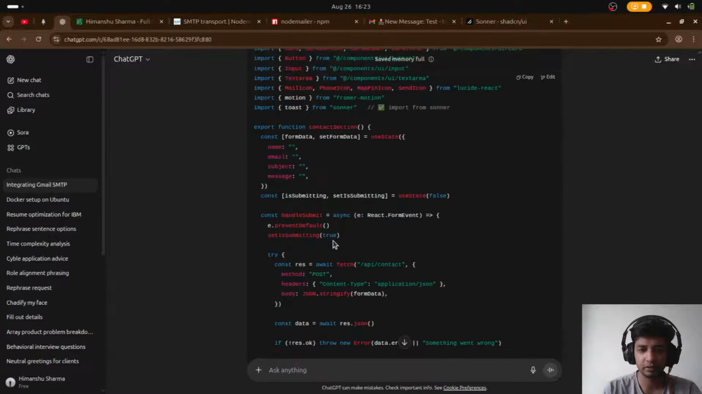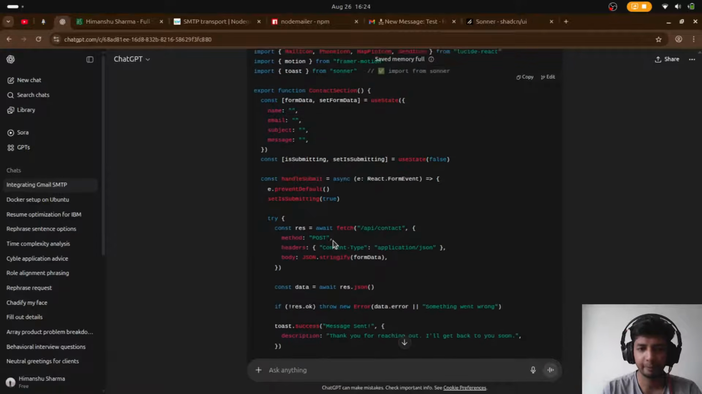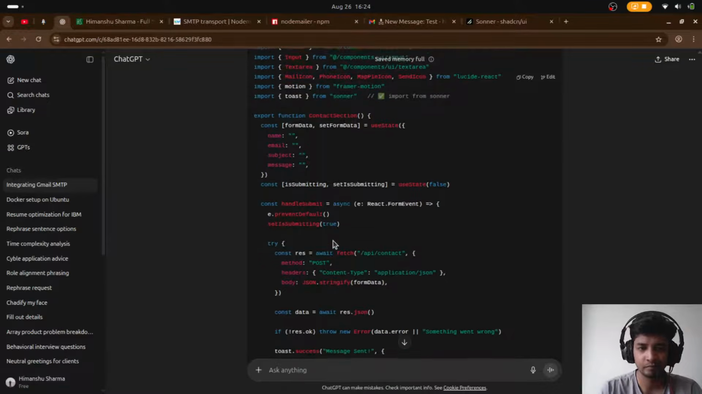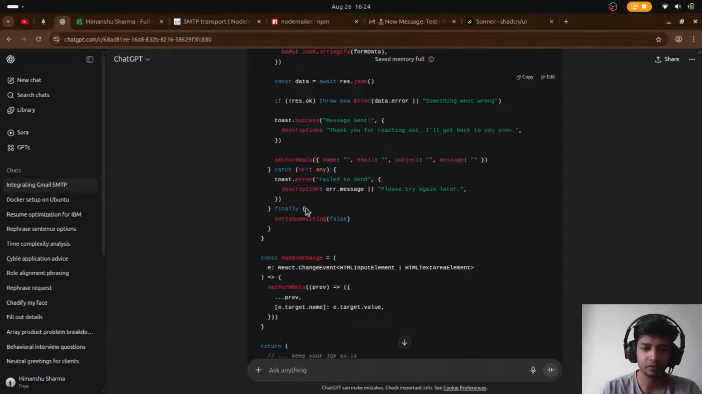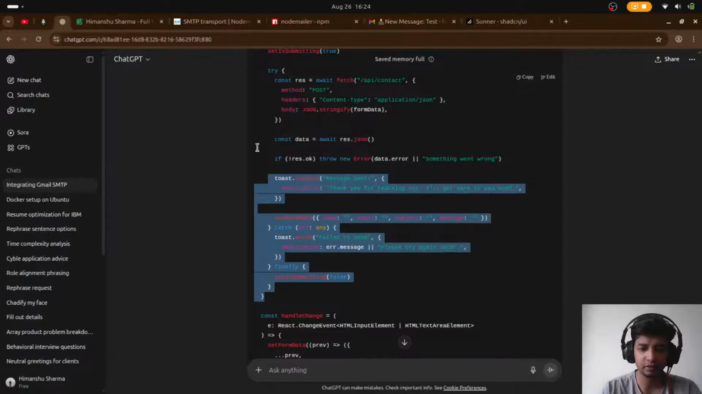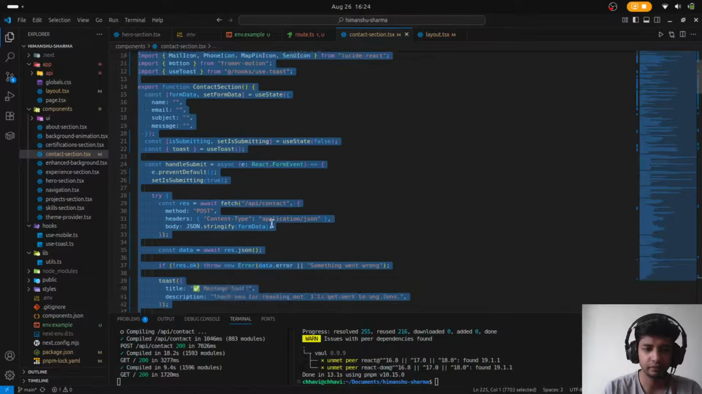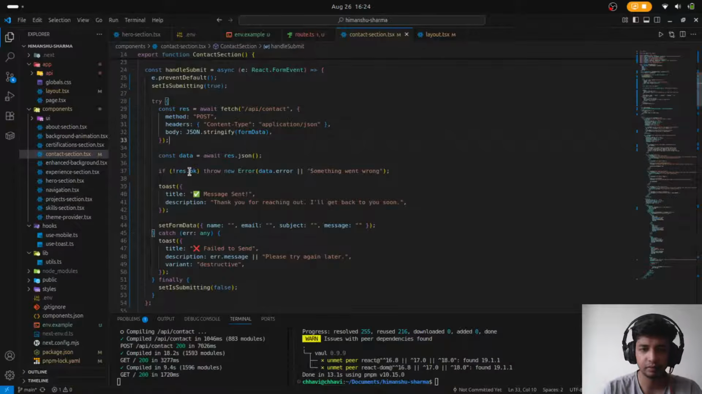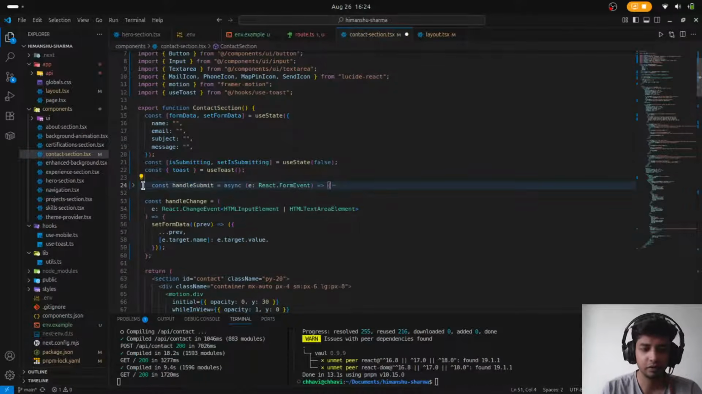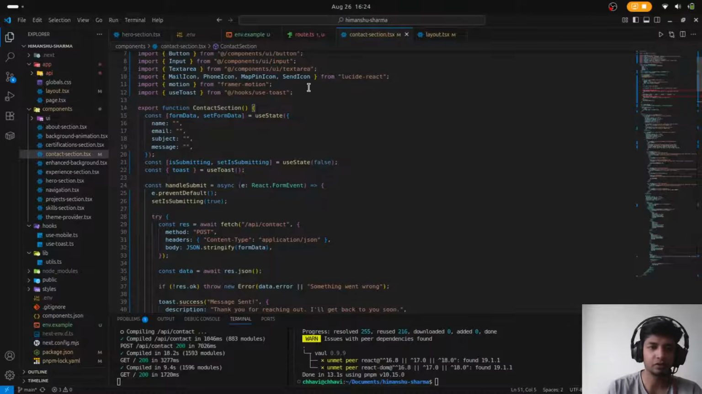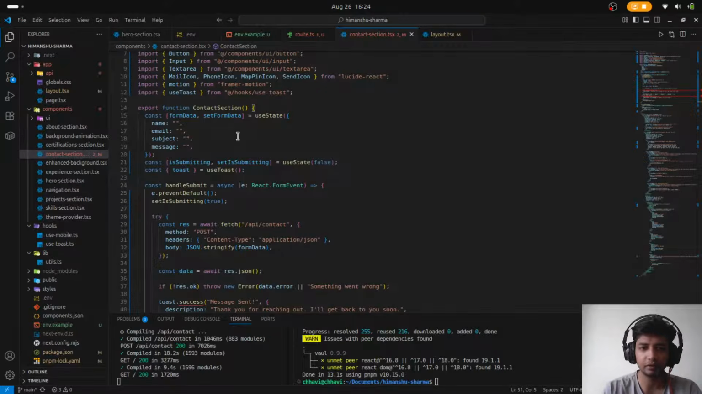Okay, so it did change the handle submit button. So what we need is just replace the handle submit button with the new one, in which we are using the toast from the sonner, and we can remove the